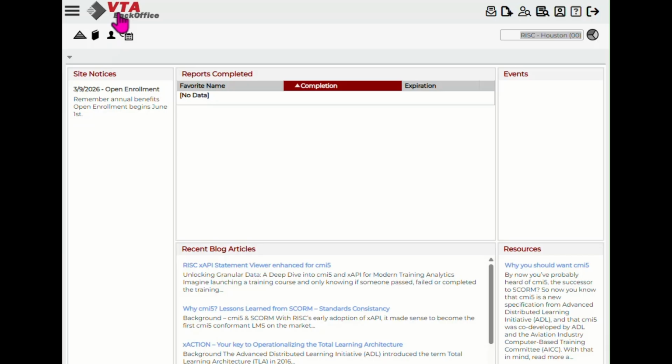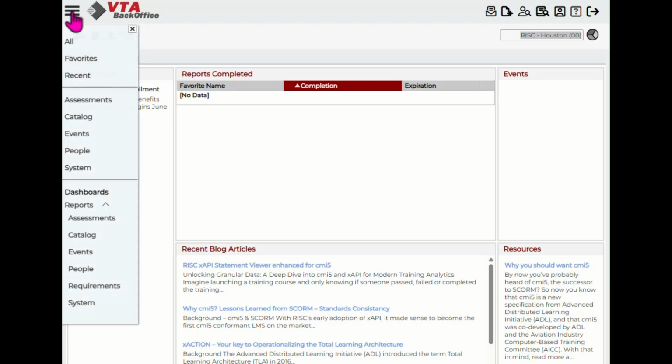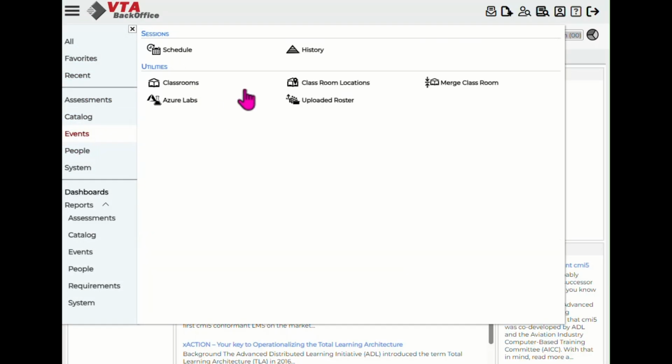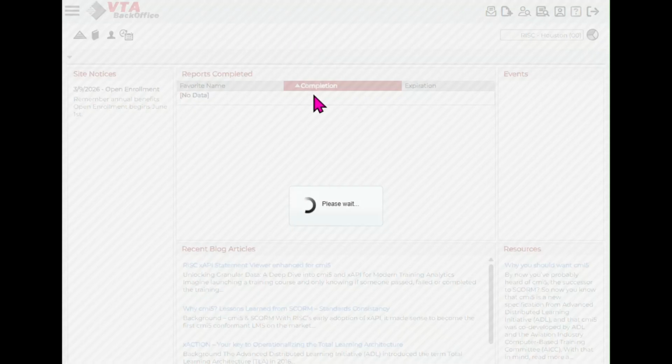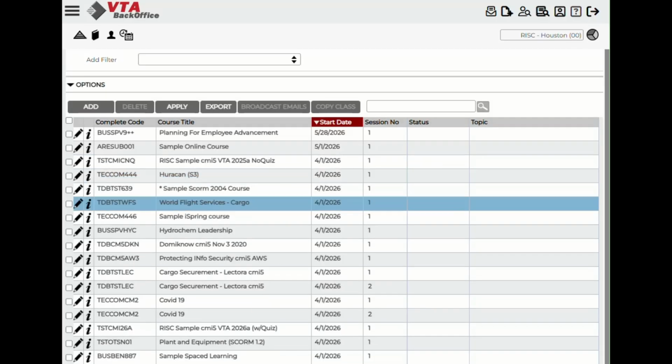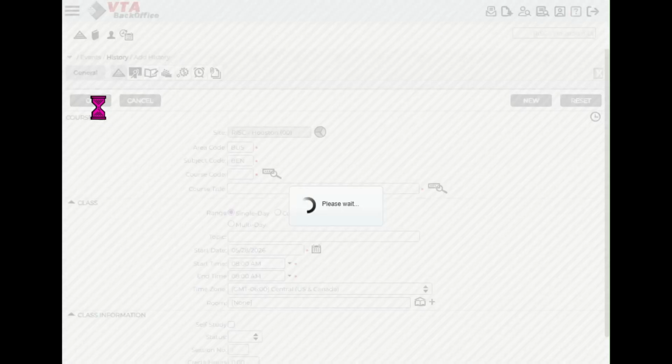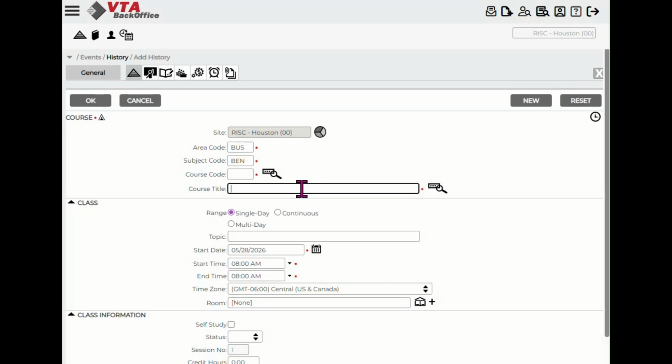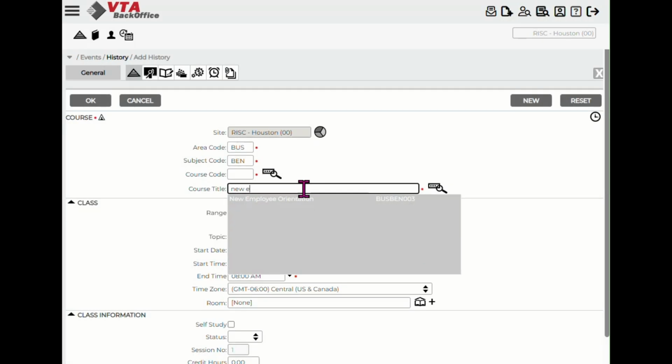So what I can do is go to my events. Even though I have a history icon on my favorites, I'm going to show you where that is. Under events, I have history. And then I'll see a list of courses that are all in the past, which makes sense because it's history. And I can add to that grid just like anywhere else inside the system. And the first thing I'm going to do is pick a course. So in this case, I'm going to get my new employee orientation course,